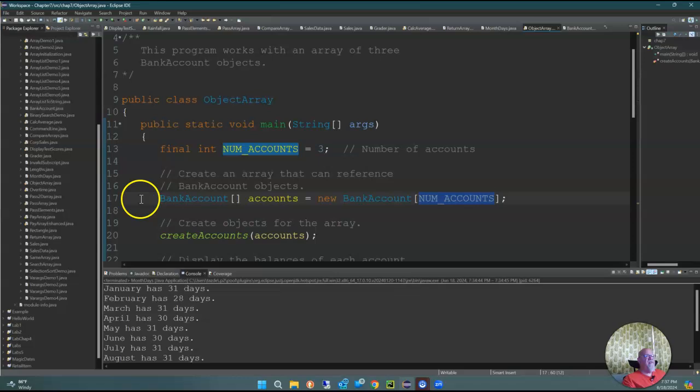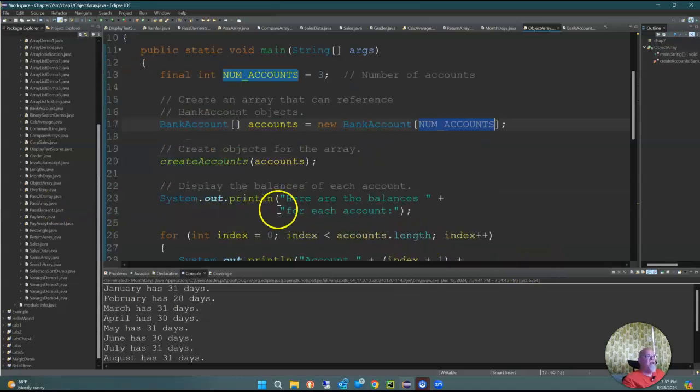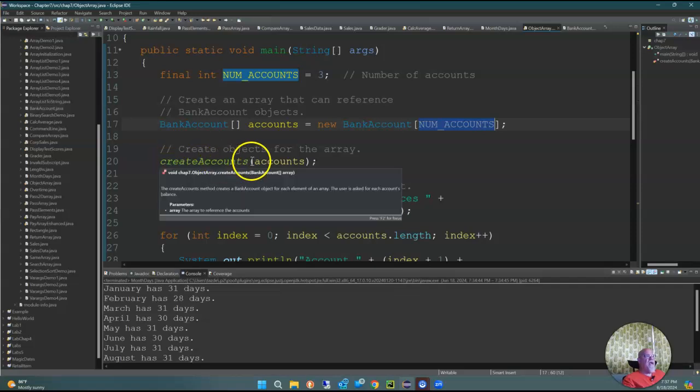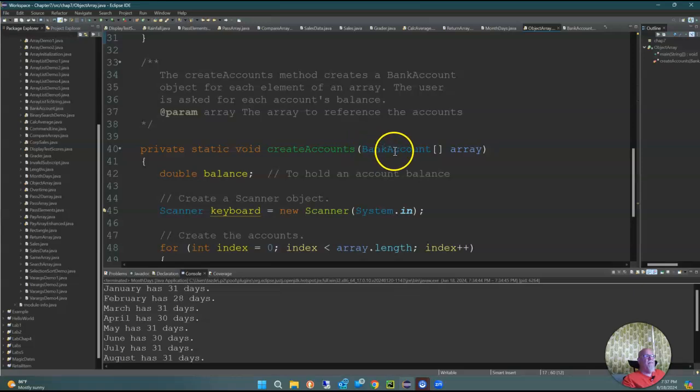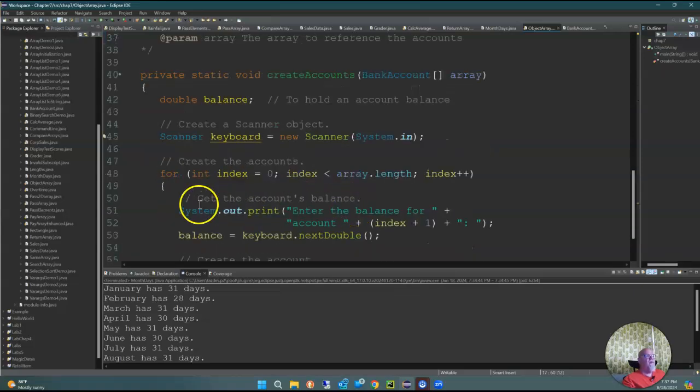So when I get through with line 17, I now have an array, it's basically got 3 bookshelves, and each bookshelf is going to hold an object, a bank account object. The name of the array is called accounts. I'm going to then call create accounts, and I'm going to pass the accounts array to that. So I come down here to create. So here I am receiving my bank account array called array. I've got double balance. Here's my scanner keyboard, and I'm going to go into that array by the number of elements,